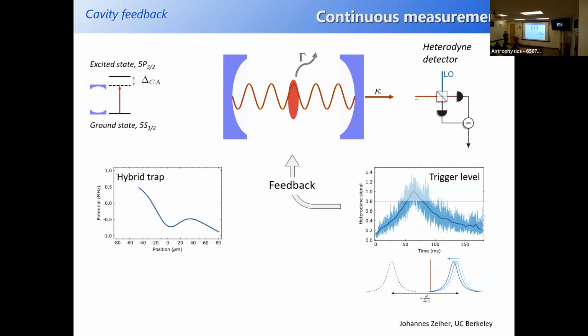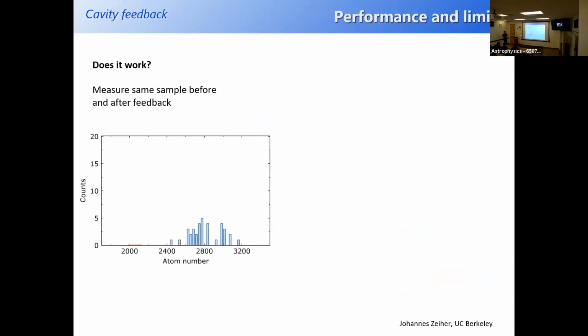The way we do that is by doing an evaporation in a hybrid optical and magnetic trap, where we apply a strong magnetic field gradient to spill atoms out of the trap. Once the trigger level is hit, we just make the trap deep and stop the atom loss. That's a fast feedback, because we can stop the atom loss almost immediately, so we can continuously monitor this, and as soon as we hit the trigger, we stop it. Okay, that's conceptually very simple.